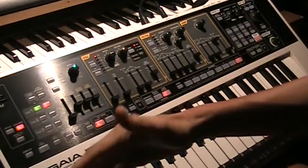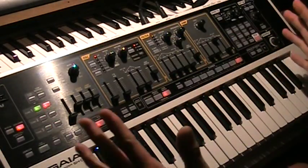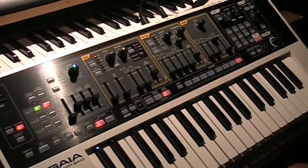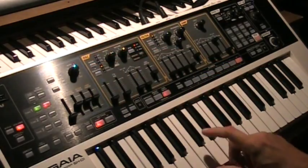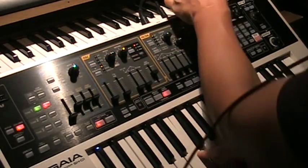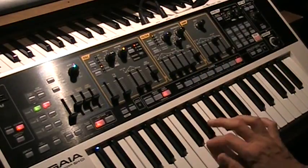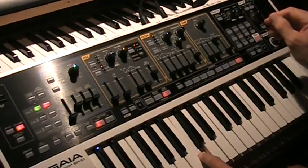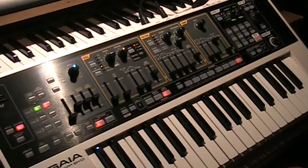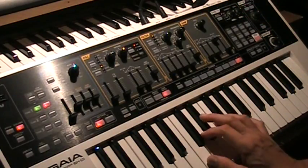Again, we're going to use all 3 tones. We're going to use a lot of this synthesizer again to build this tone, so let's get started. Now my first tone is going to be very simple. I'm going to use the simple sine wave. And about the only thing I'm going to do with it,